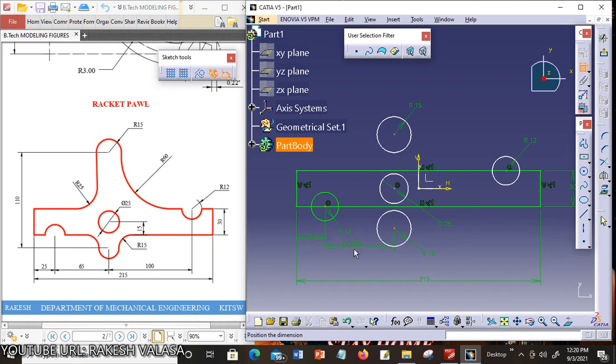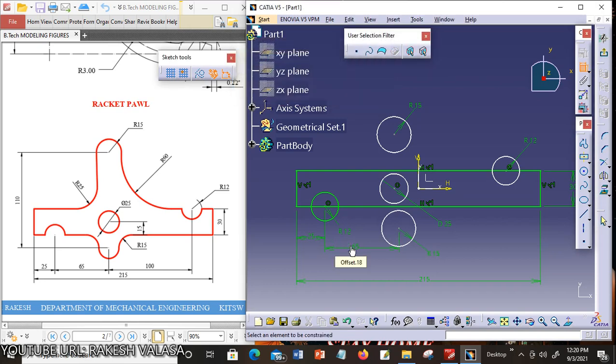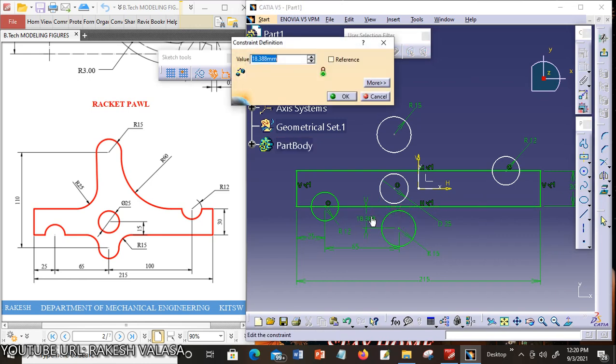The width is 65 mm, double click and enter the exact value 65 mm, and also give the vertical distance, that is 15 mm. Choose the center point and this rectangle edge and give the dimension, that is 15 mm.